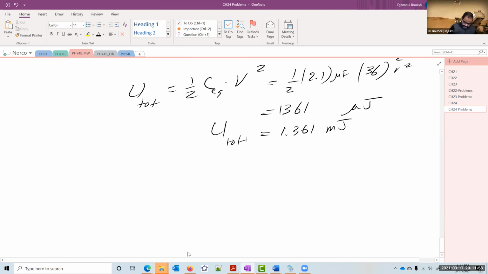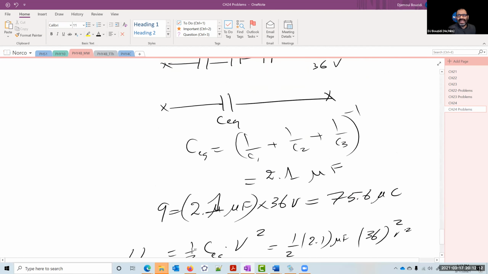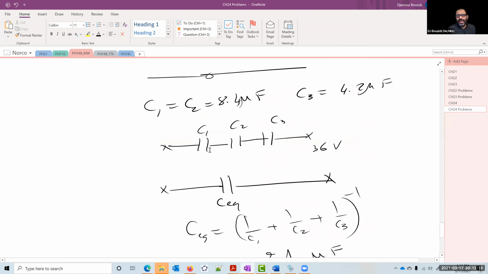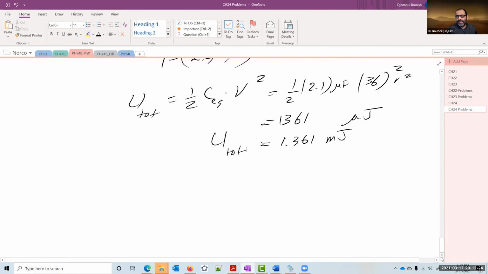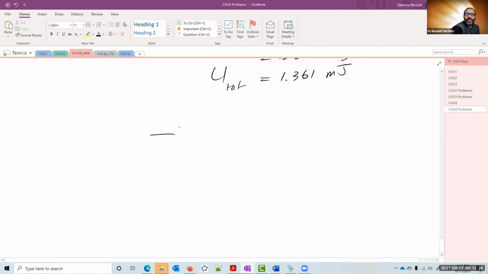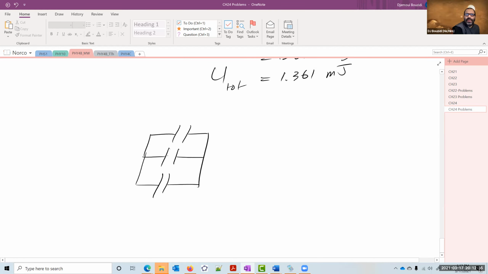And part C, the capacitors are disconnected from the potential difference without allowing them to discharge. They are then reconnected in parallel with each other, with the positively charged plates connected together. So basically, you take all of them, you cut them in here, this one, and this one, and you take the positive Q where it was positive, and you connect it in here, where the positive, and you connect it in here, so that there is no discharge. And now you have this configuration. You have C1 in here. You have C2 in here. And you have C3 in here. So now this is the way that you do it, okay?